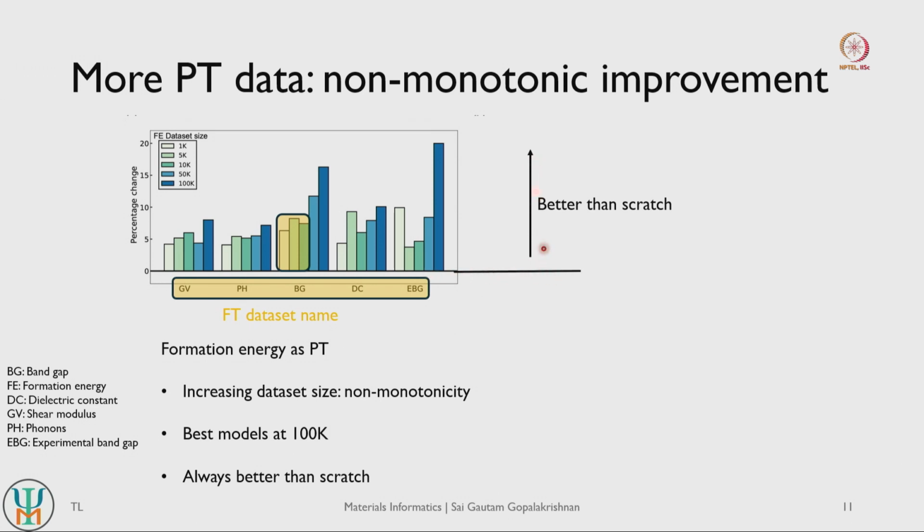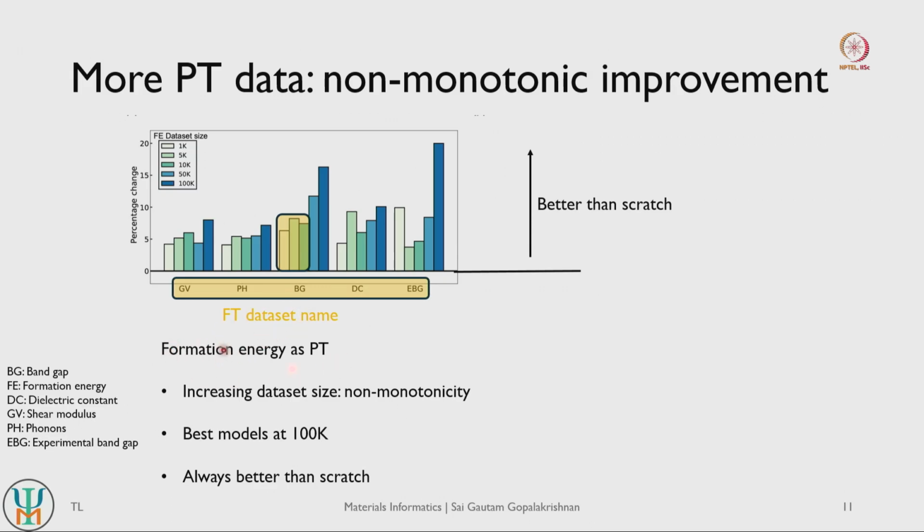So if you are above this baseline, you are basically doing better than your scratch models, right. And with respect to the data set size itself, the different colors of the bars basically indicate how much data was exposed to the models during pre-training. So all the way from 1000, 5000, 10,000 data points to about 100,000 data points here, right. And there are some useful trends to know from this, right.